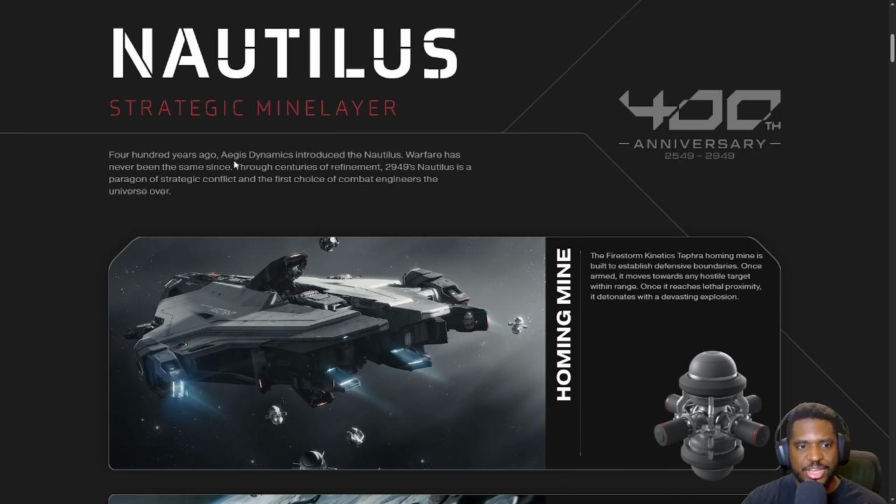400 years ago, Aegis Dynamics introduced the Nautilus. Warfare has never been the same since. Throughout centuries of refinement, 2949's Nautilus is a paragon of strategic conflict and the first choice for combat engineers the universe over. So this is the 400th anniversary of the Nautilus from 2549 to